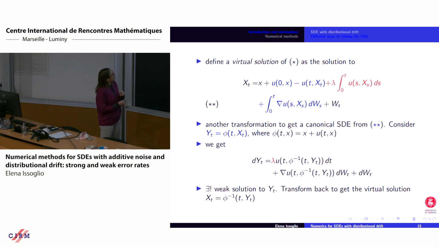Okay, so then what you do is you solve for Y, and once you have solved it, you transform back to get X. And here also you work with weak solutions, because it turns out that the regularity of U is not enough to guarantee a strong solution. So Y can be solved, but it only has a weak solution, and therefore X is weak. Okay, and writing double star, or the equation for Y, is actually very useful when you do numerics, when you try to show the convergence of the scheme, because here you really have a dynamics, you really have objects you can write down and compare the norms.